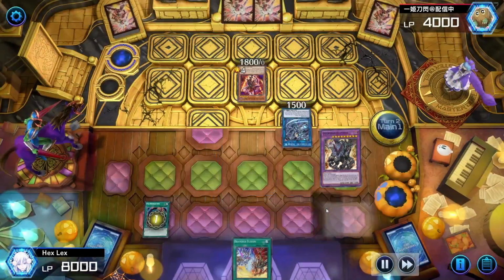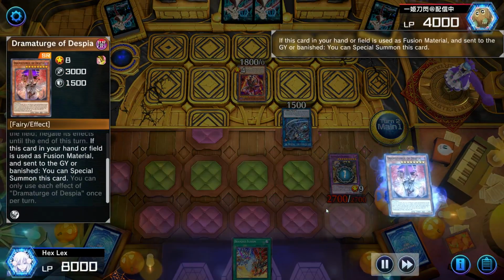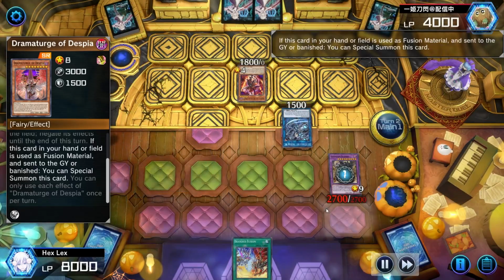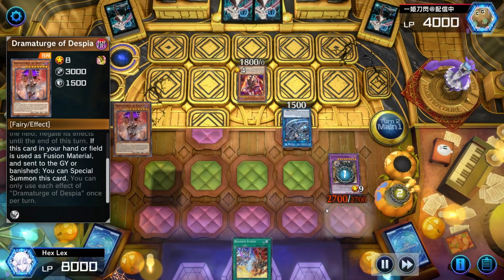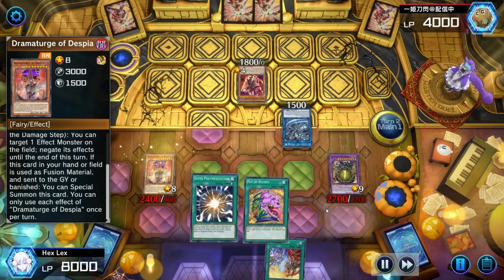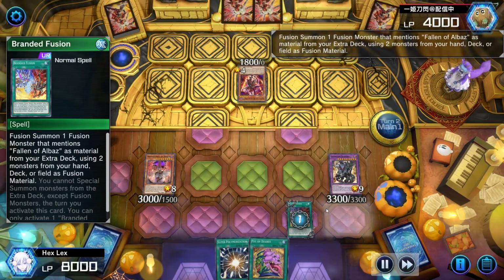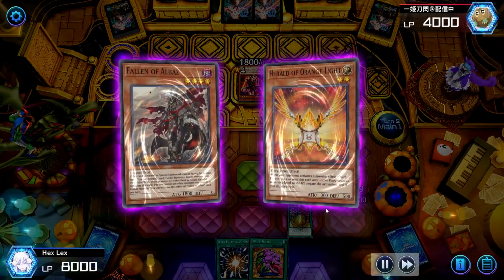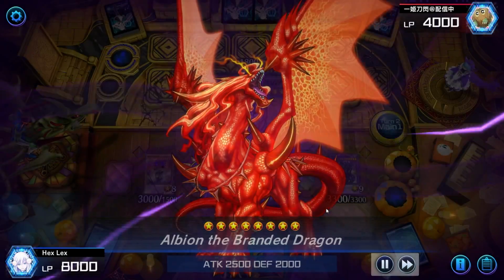On top of that, I get to fuse for a Guardian Chimera that's going to start picking off their monsters, draw me more cards. I get to summon a Dramaturge. This is what I really like about this game now. Well, yeah, I love Yu-Gi-Oh, but this deck is pretty rad because, as you can see, even without the Branded Fusion,